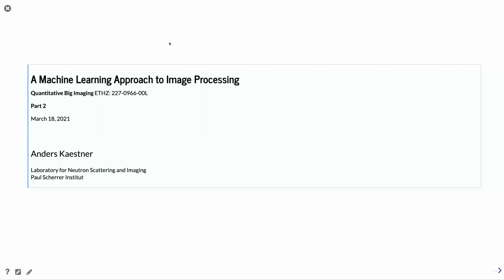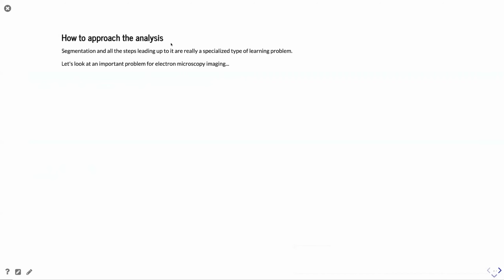So let's go on with the second part of today's lecture. And so now how to go on with this analysis. And you saw before you had a more acquisition-oriented way, but now we're going a little bit into a machine learning approach, how to analyze this effect of